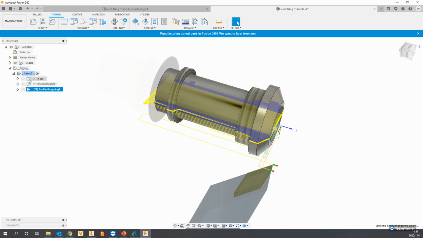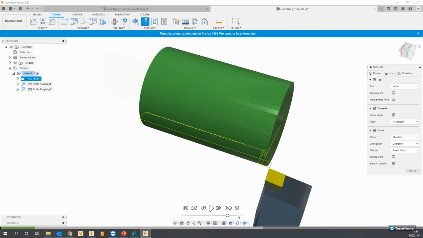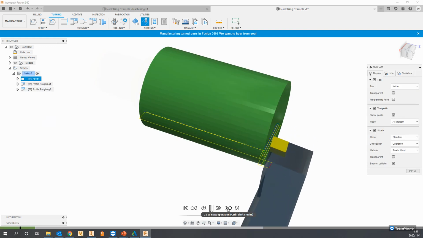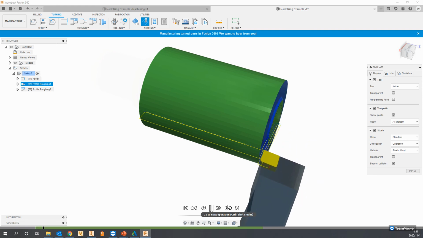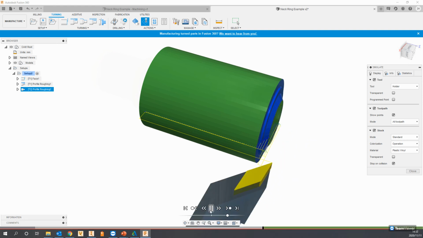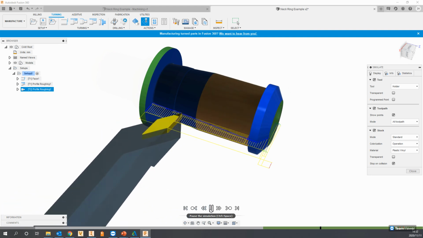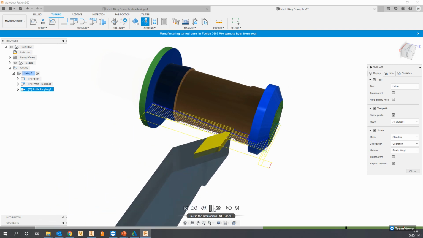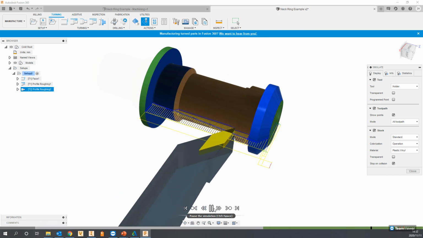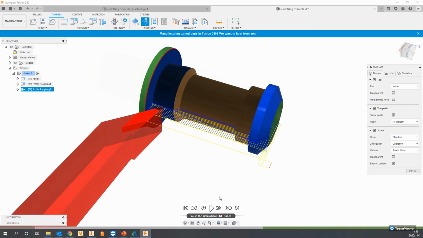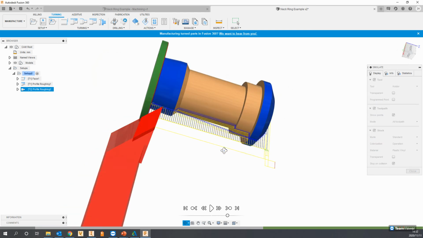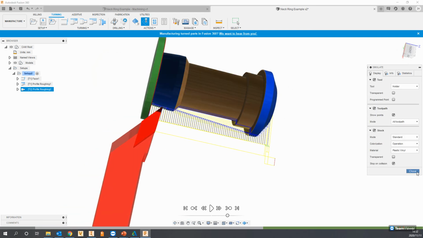So we can see that it is now generating a tool path, and if I simulate that, you'll see now that it is generating, and you'll see that it collided at the end. I told it to stop on collision. It collided because of that part on there. So perhaps maybe I should tell it to